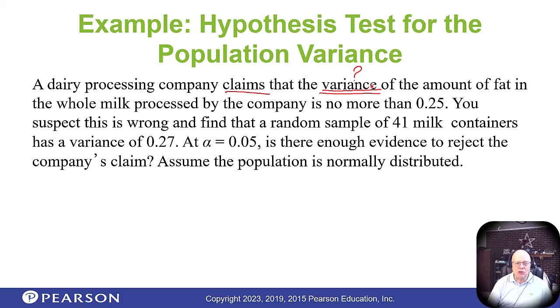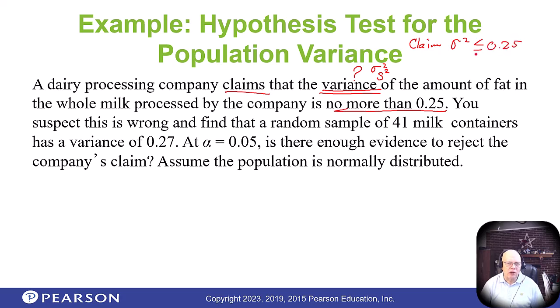Well, in this case, you're talking about the variance. So you're talking about the population variance, the sample variance. And that's the variance in the amount of fat in the whole milk. And the claim, let's put it up here, claim is that the variance, sigma squared, is no more than 0.25, which means no more would be less than or equal to